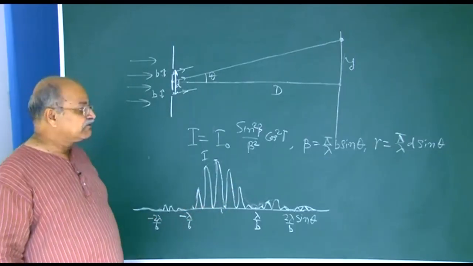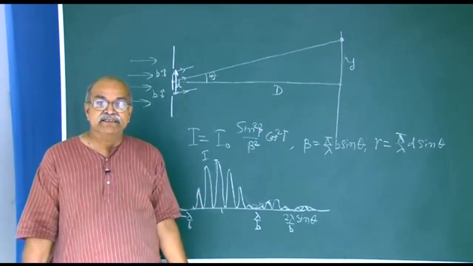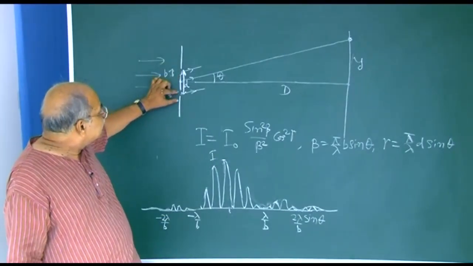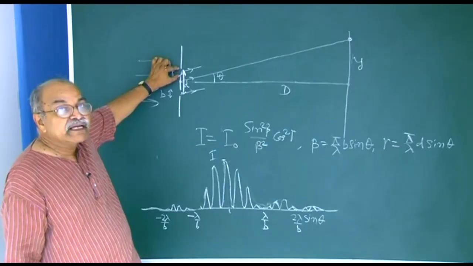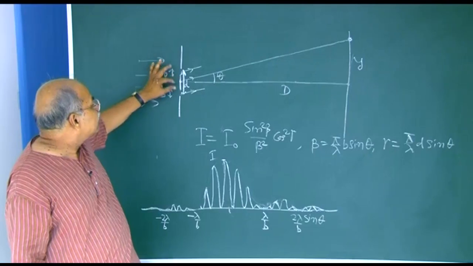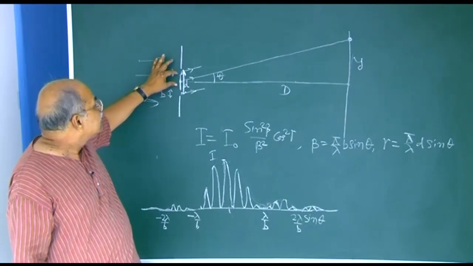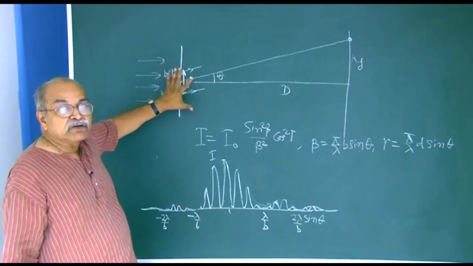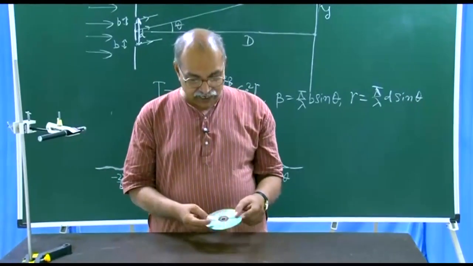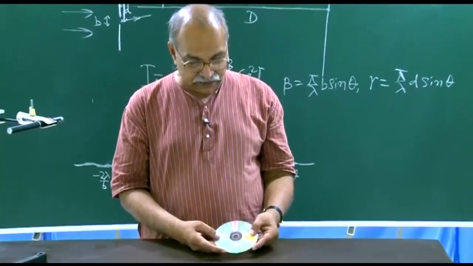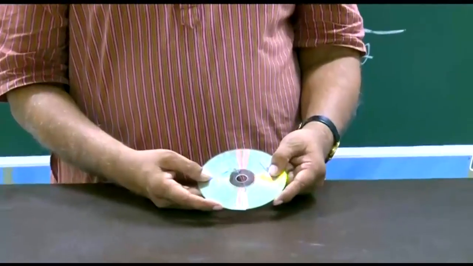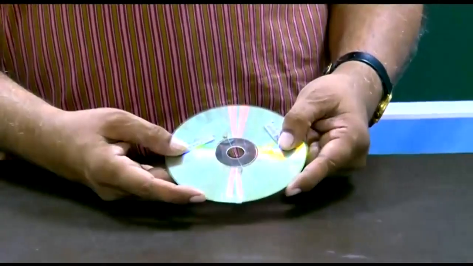It is not very difficult to arrange for a double slit. Remember, all these widths should be small, not very large compared to the wavelength. So you should not take millimeters, make it as small as possible, 10, 15, 20 micrometers will be good. To make the double slit, we have taken once again a CD, and across that central hole we have fixed a thin wire,